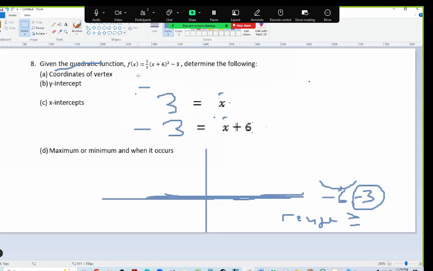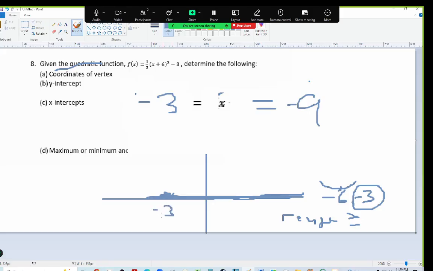And then down here I get -3 minus 6, which is -9. So that means x is -3 or x is -9, which means the two x-intercepts are at -3, comma 0, and over here at -9, comma 0. And that means they go down like this to the vertex of -6, right in the middle here, -6, comma